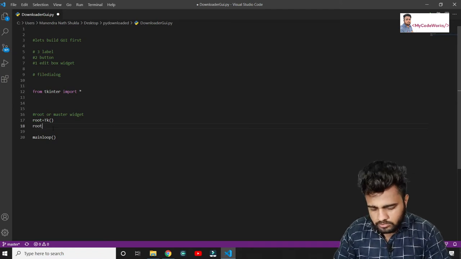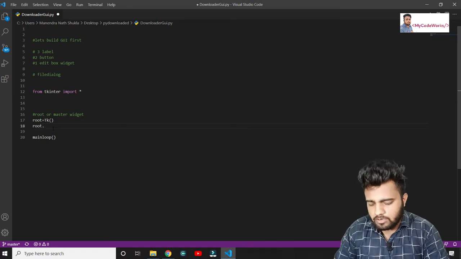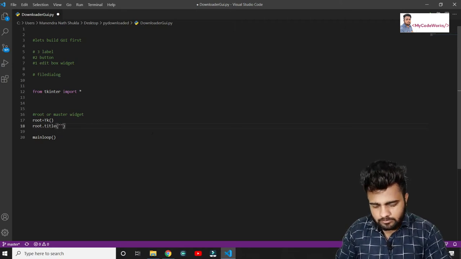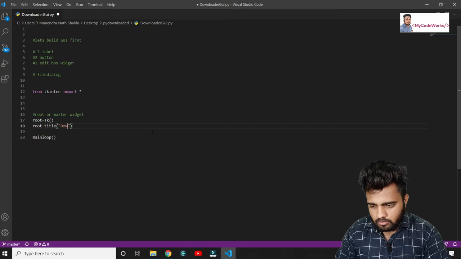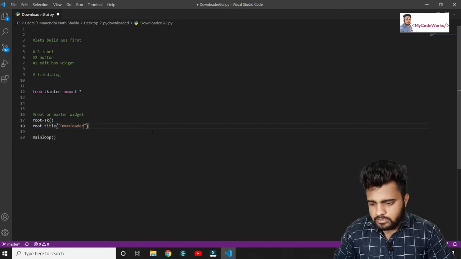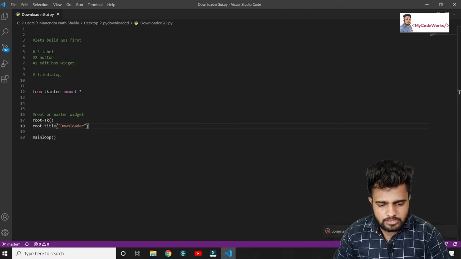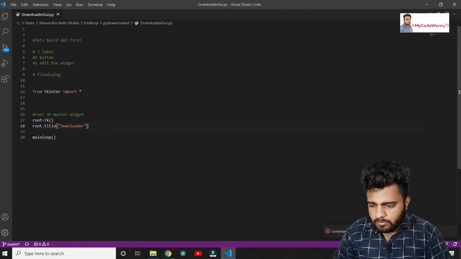In order to do that, we have a function called root.title. In that we are just giving the title, Downloader. Let me run it once and let's check whether we are able to run it. Okay, from here we are not able to run it. So let me run it from